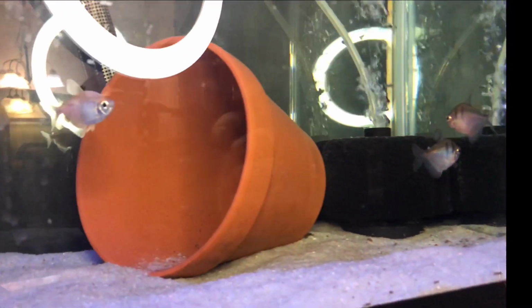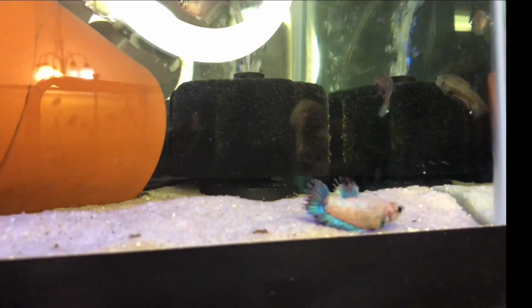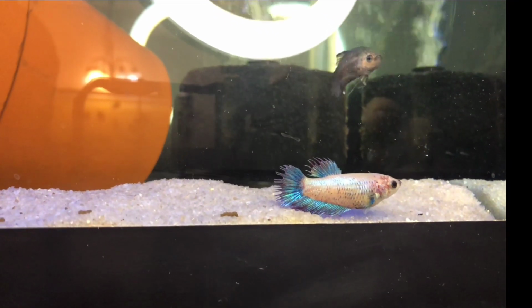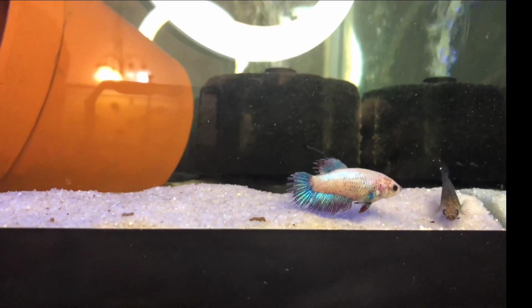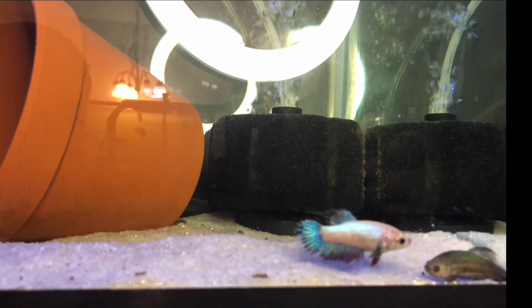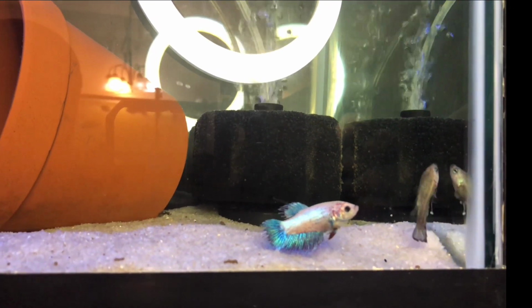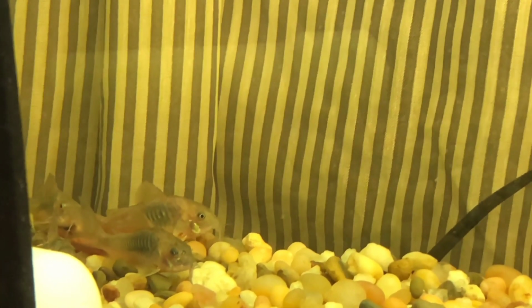My number 2 will have to be the betta fish. The betta, however you want to call it, can tolerate all kinds of water conditions. Heater, no heater. I've got them in here with a heater. It's not good to have them in poor water conditions, but